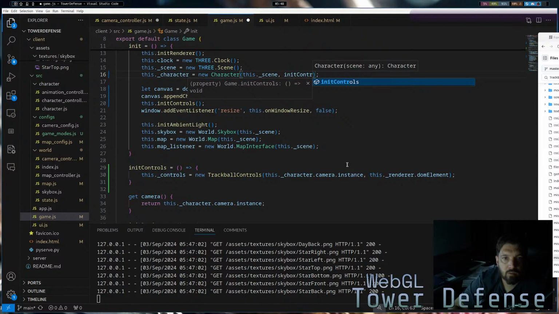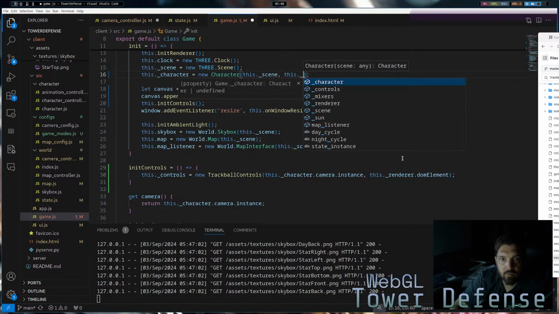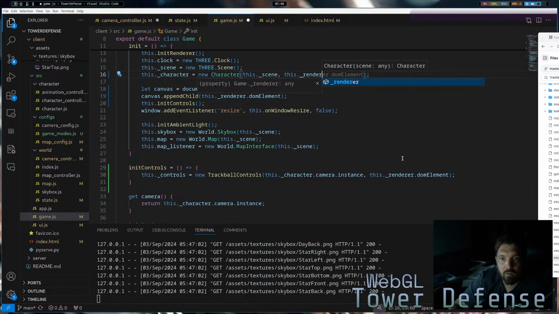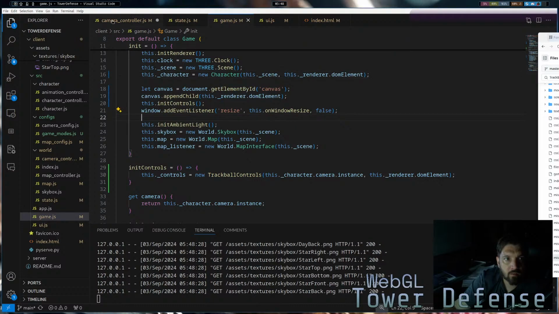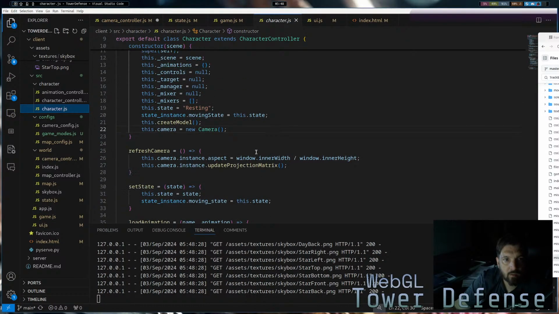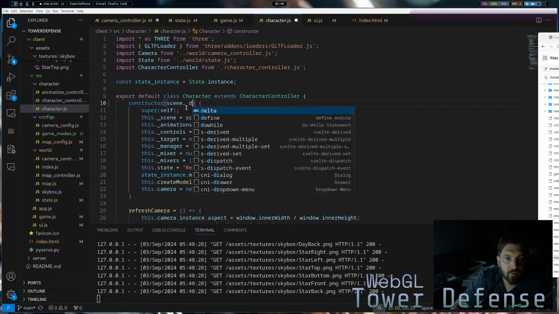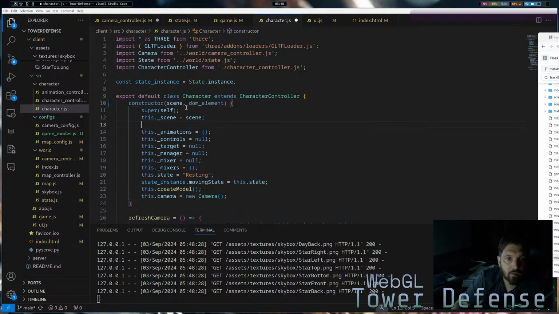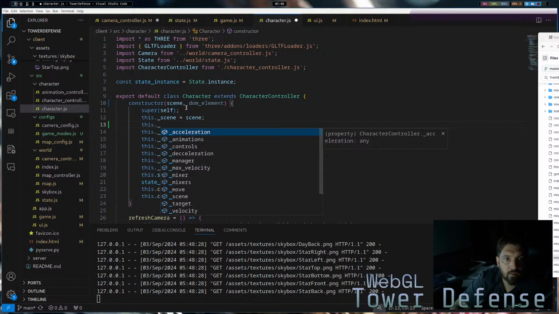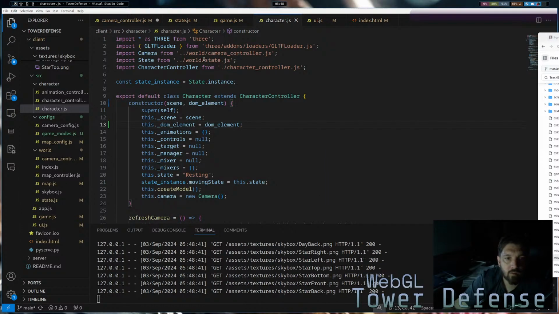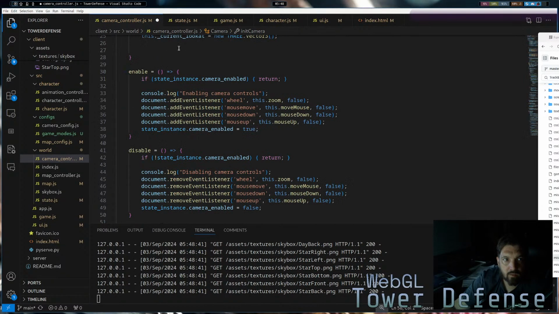Oh wait, we've already got the camera instance. So if we say this render DOM element, then in the character we can say DOM element, say this DOM element, and then we can take